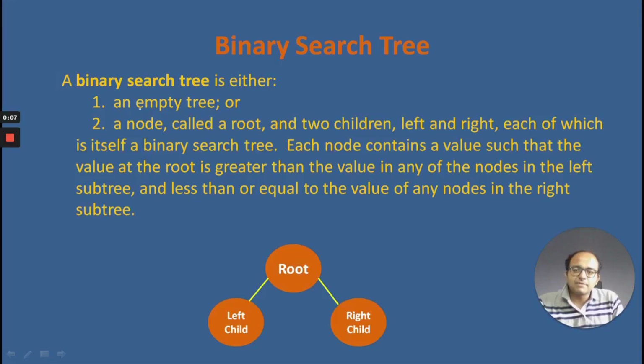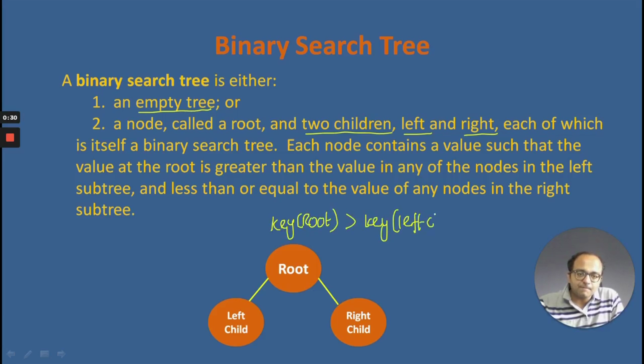A binary search tree can be either an empty tree or a root node containing two children. One is the left child and the other is the right child, satisfying the following property. That is, the key value located at the root node should be greater than the key value located at the left child,